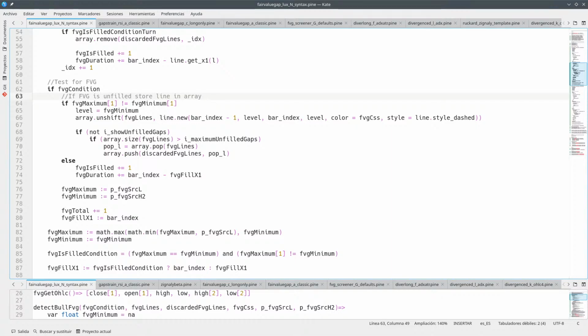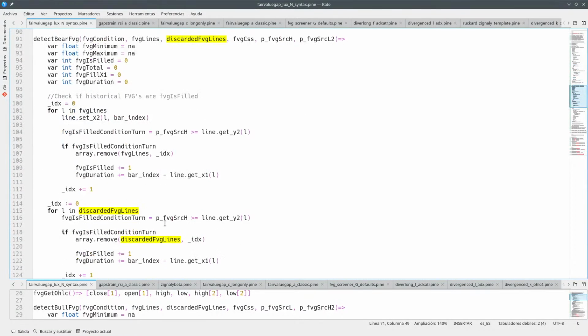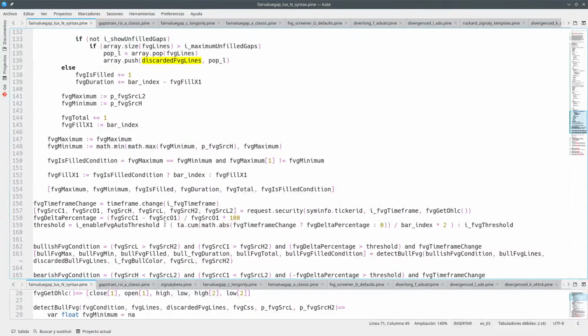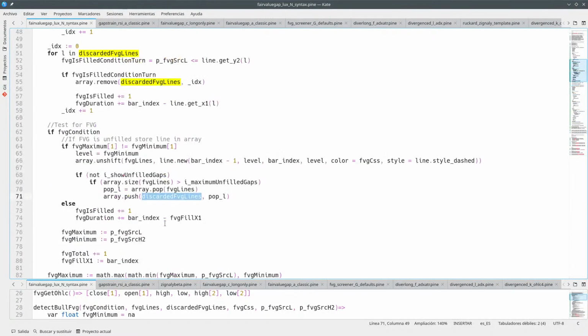You've got some lines that you draw here, then some lines that you discard here. What you're doing here is that you have this maximum of unfilled gaps. Yeah, but even then, if not to show unfilled gaps,